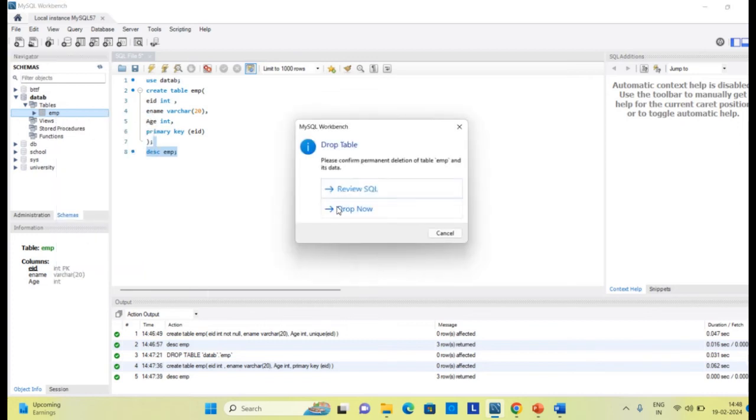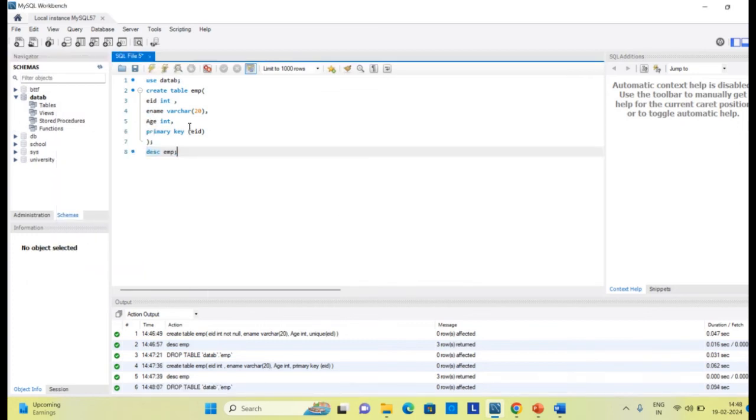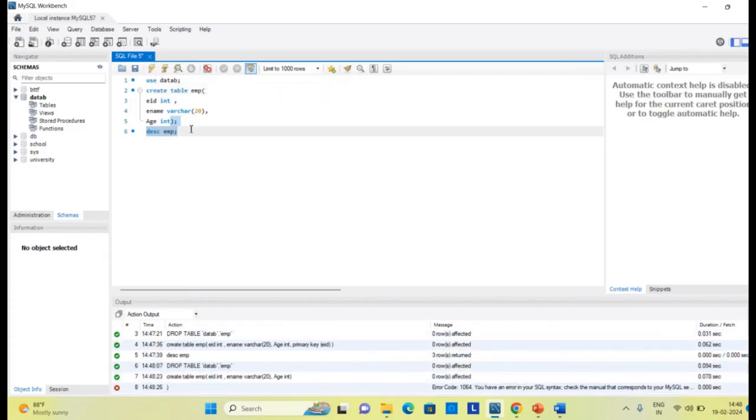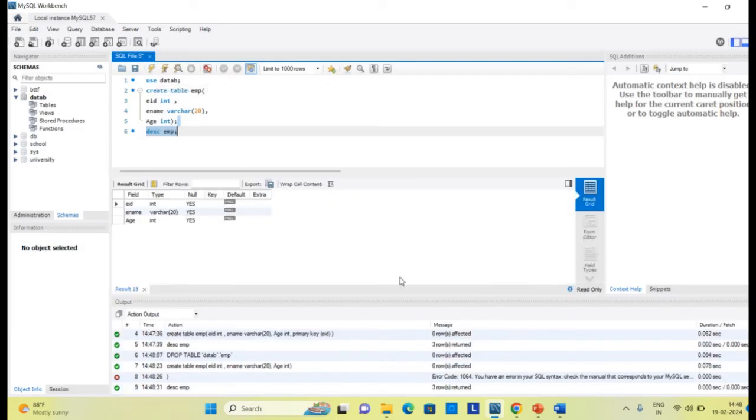Suppose my table description is like this, and I create the table and see the description. I find that in the table no key is defined as a primary key, and I now want to add EID as a primary key. How can I do that?